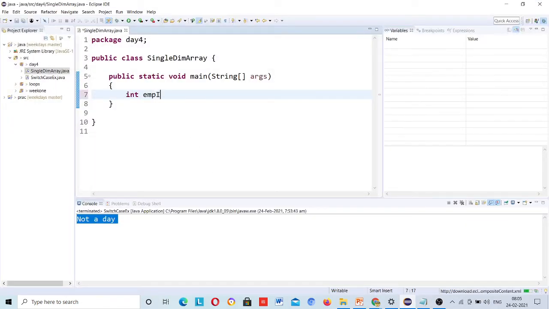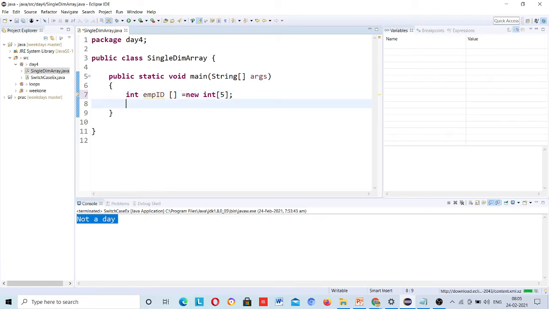int employee id is equal to new int, and here I am storing 5.